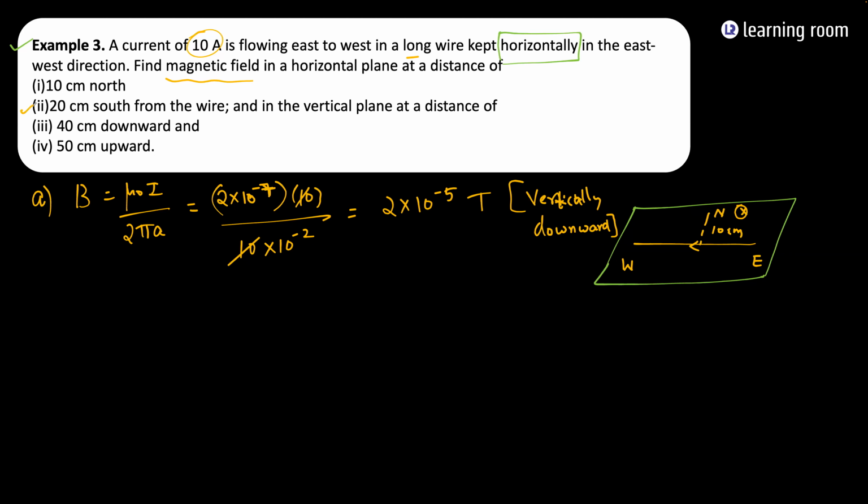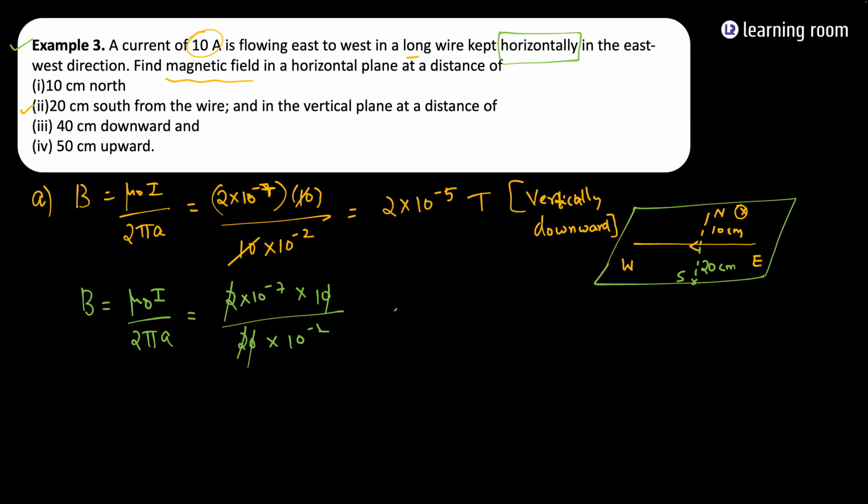In a similar way, if you take 20 centimeter south from the wire, if I take this point to be S and this is at a distance of 20 centimeter, then what is going to be the magnetic field in this case? Formula is the same, mu naught I divided by 2 pi A. So everything else is going to be the same, 2 into 10 power minus 7 into current is 10 ampere divided by, only difference is here it will become 20 into 10 power minus 2. So 1 0 is gone, 2 and 2 are gone. Answer will be 10 power minus 5